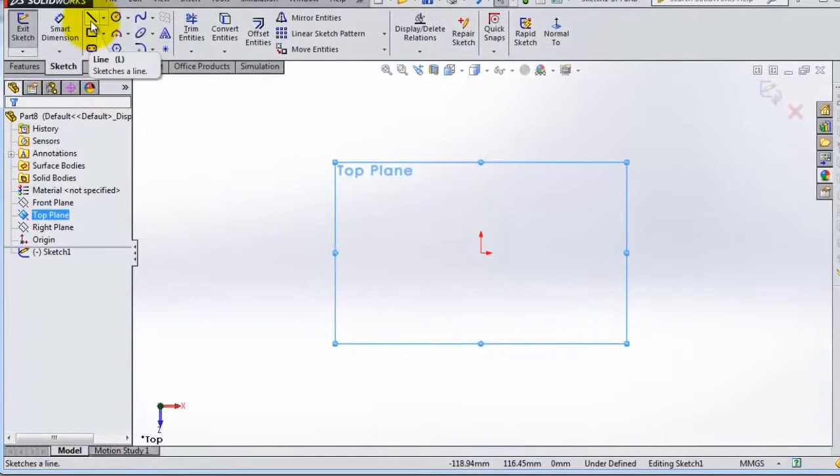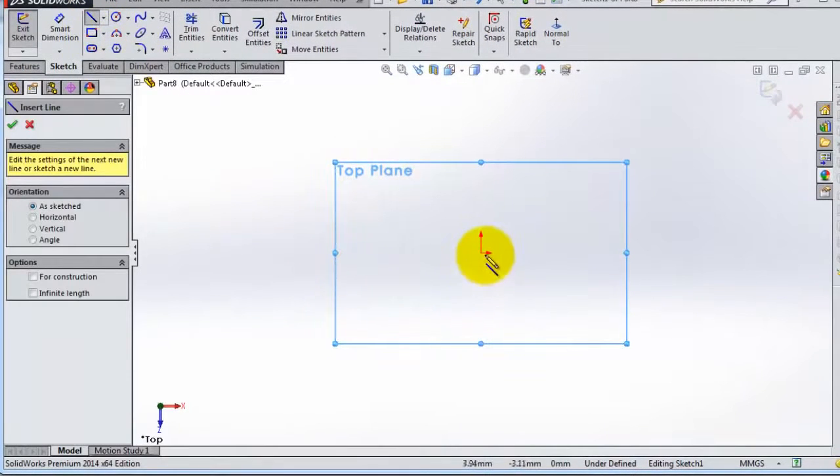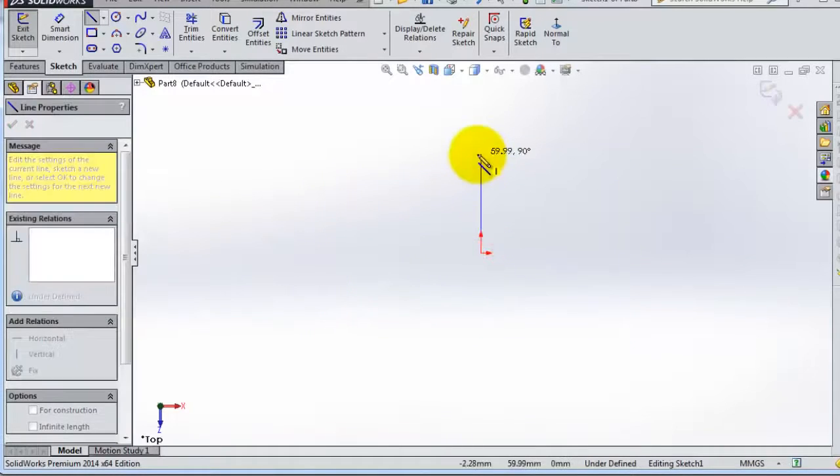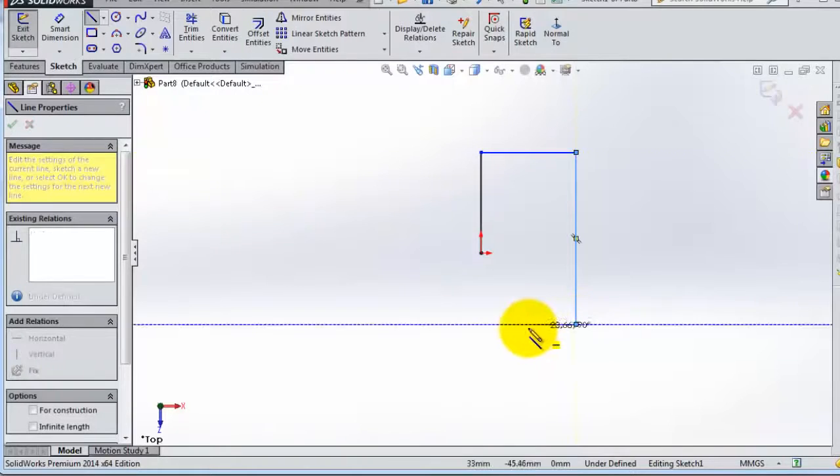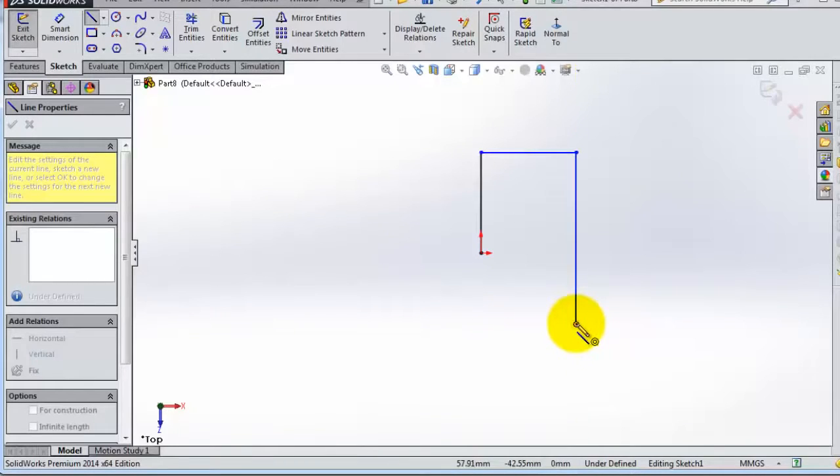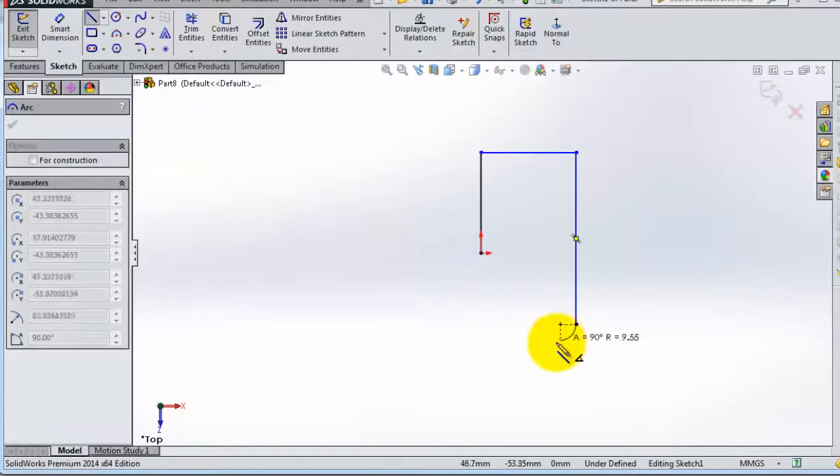So let's pick the line again and show you some tips on how to use the line. Let's start from the origin, and you know about the relations from the previous tutorial. We have a vertical relation here, a horizontal, and again vertical. If you continue, you will be able to keep making lines, but if you return back, you'll notice the icon changes to a double circle. That means you are able to start drawing an arc,